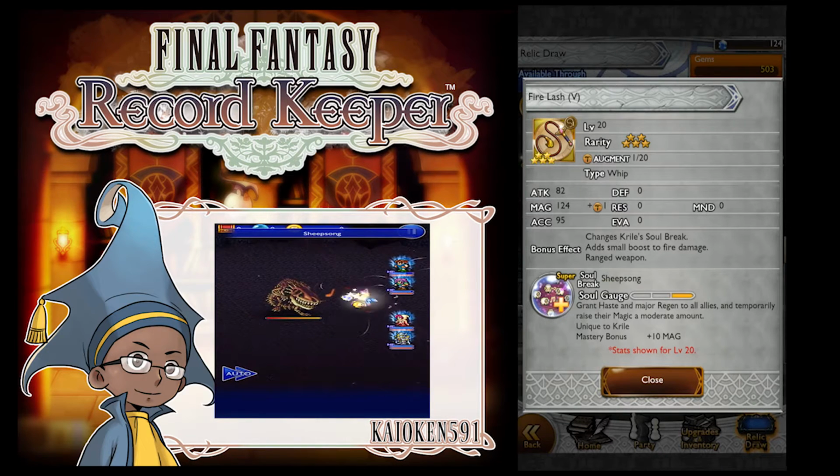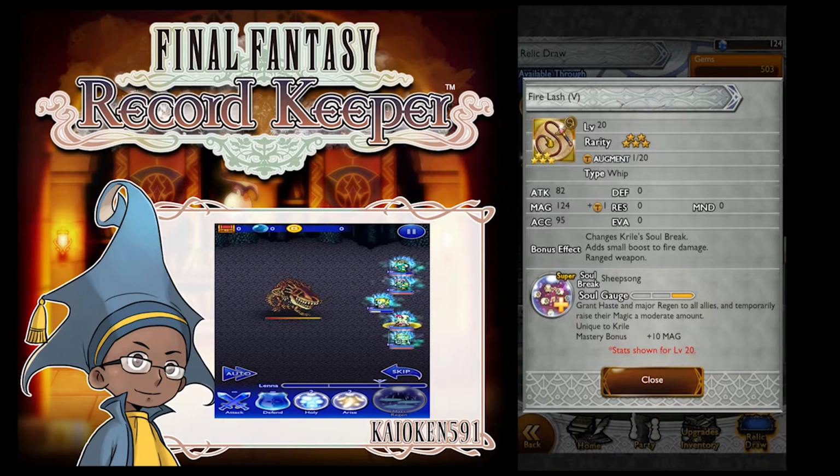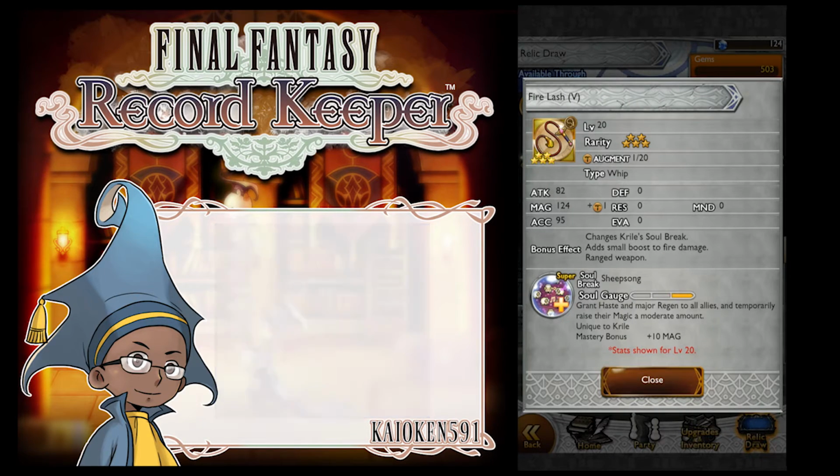This is a step upwards from Edward's. I don't remember what it's called. Not Bard Song, no. But his second soul break, that magic up and Hastega, because this also gives major regen. So although Krile can't supply you with breakdown abilities,